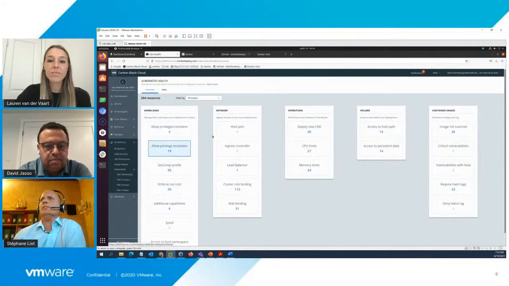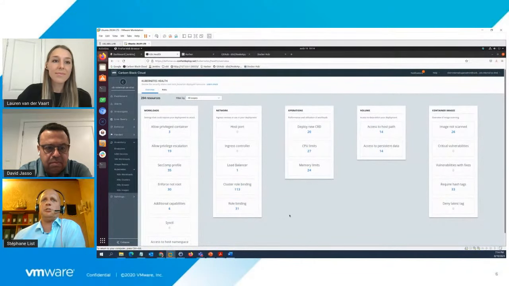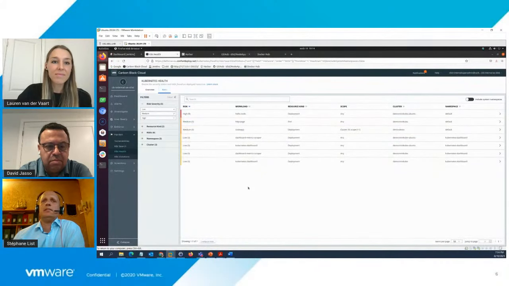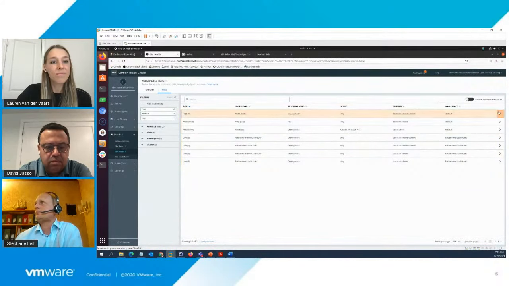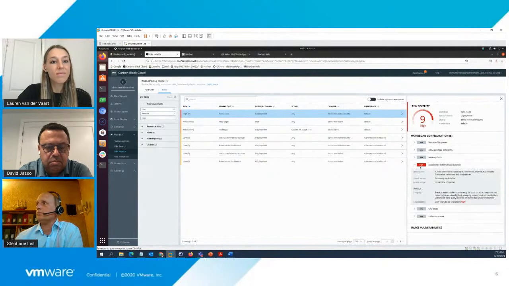So in fact, in this page, in Kubernetes Health, we are able to provide unified insight into your security posture across multiple clusters and namespaces so that we can start to assess key configurations or misconfiguration based on what is deployed and live in production. Now, when it comes to assessing overall risk, risk is prioritized here on exploitability, confidentiality, integrity, and availability of the different configuration settings.